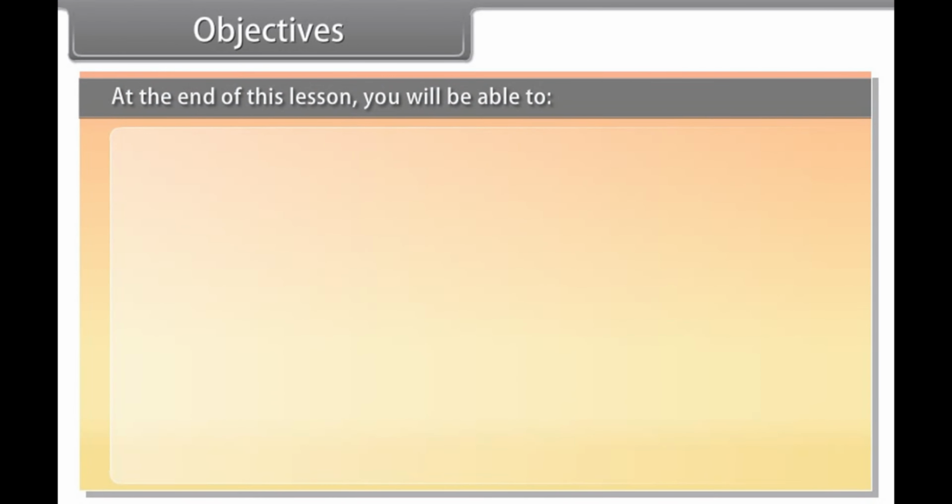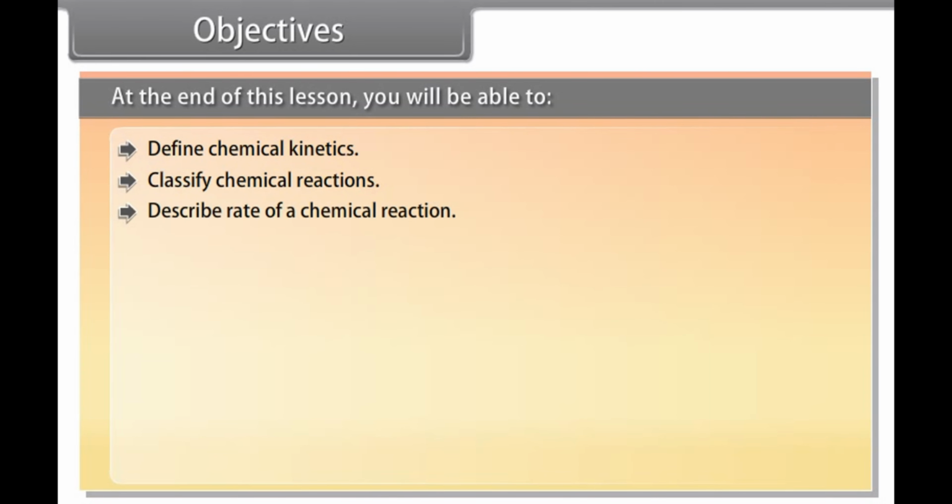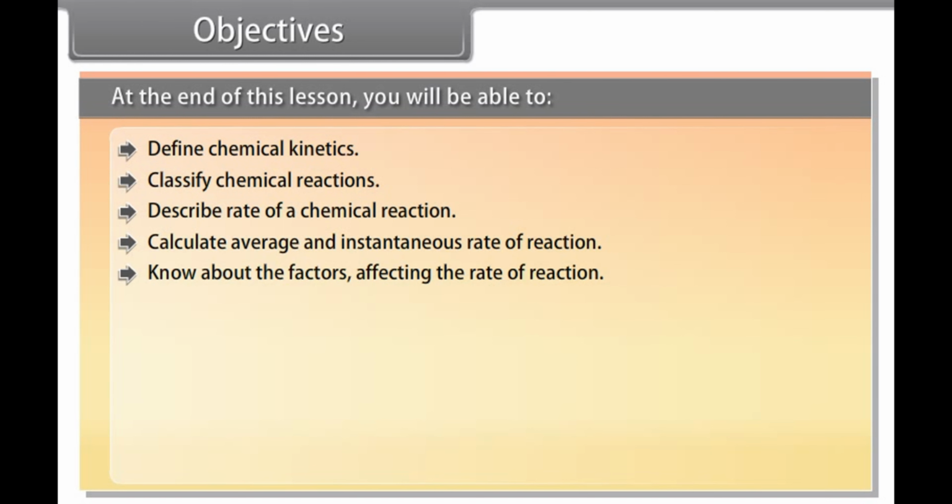Objectives. At the end of this lesson, you will be able to define chemical kinetics, classify chemical reactions, describe rate of a chemical reaction, calculate average and instantaneous rate of reaction, know about the factors affecting the rate of reaction,